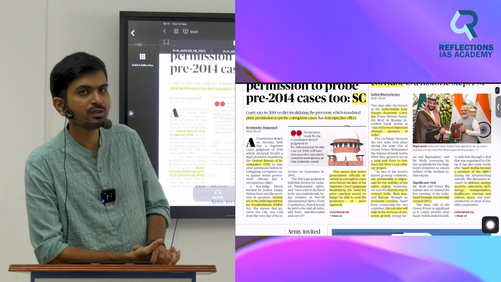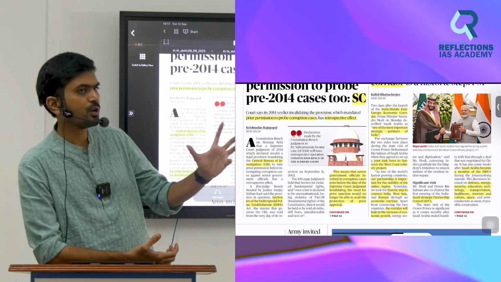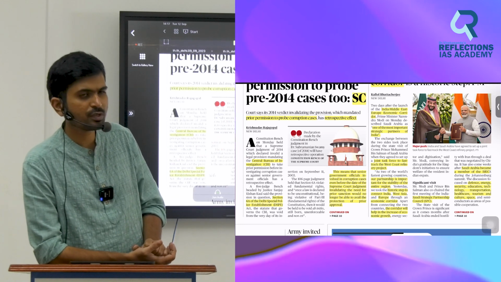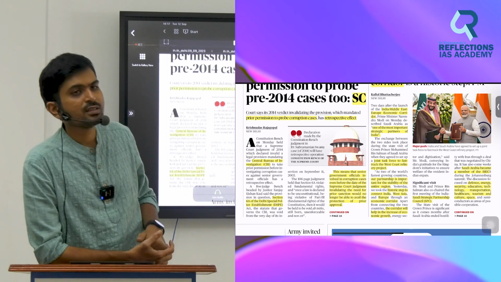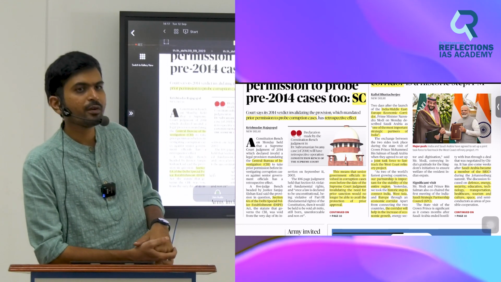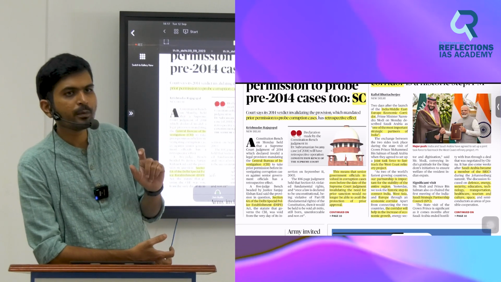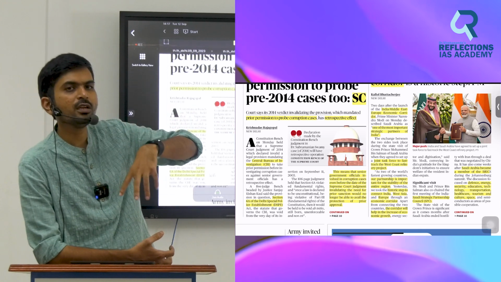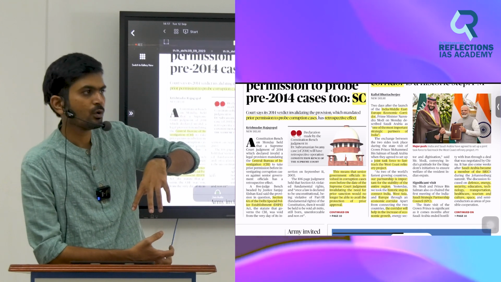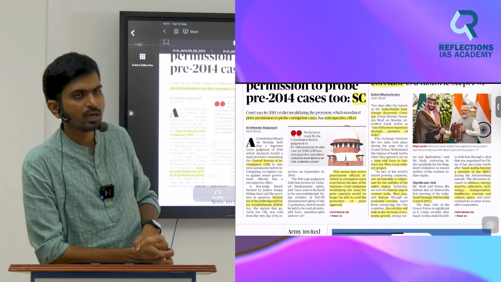Aramco is in Saudi Arabia. It's an oil-rich company that belongs to Saudi Arabia, one of the richest companies in the world. That company is tying up with Reliance Industries. So there is business-to-business cooperation and government-to-government cooperation. That shows Saudi Arabia is interested in investing money in India. So all these are advantages of being very close to Saudi Arabia.